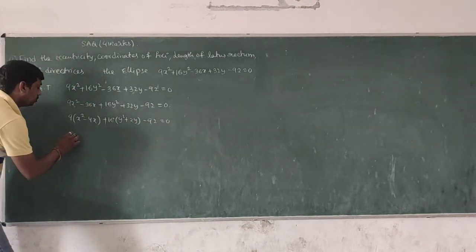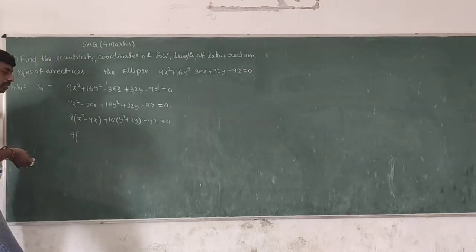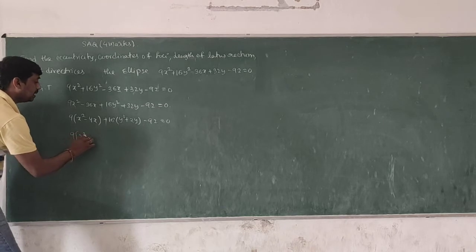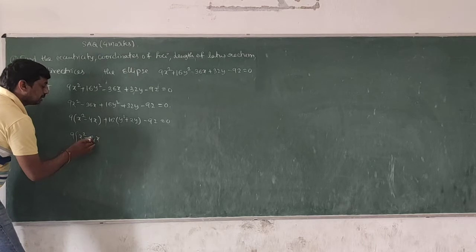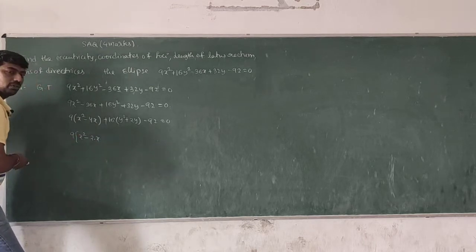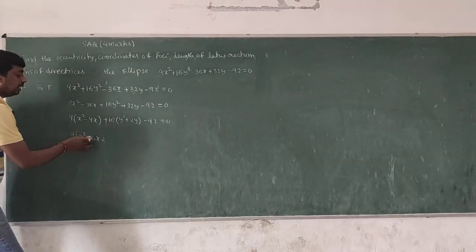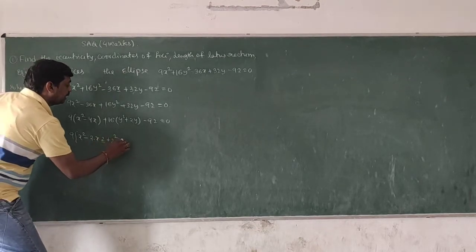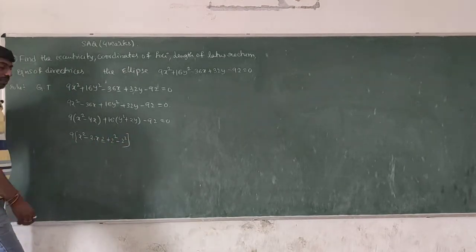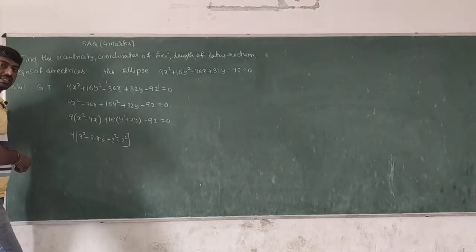So we need to transform these two terms into the form of some value whole square. That is a square minus 2ab plus b square. 2 times a value x, then writing which value, so that the total product equals 4x means 2 only, 2 times 2 is 4. So b value is 2. Then add b square and subtract b square. If plus 2 square minus 2 square is cancelled, then we get the previous term as it is.